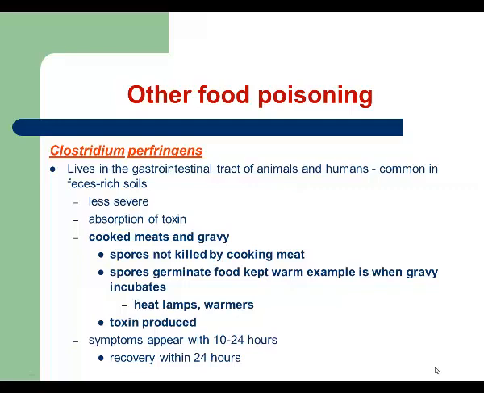Clostridium perfringens. One more Clostridium species for you. And Clostridium perfringens, this is another example of an opportunistic bacterium because it can be found in the GI tract of humans and animals. Once again, Clostridium species are gram-positive bacilli, can form endospores, anaerobes, produce toxin. The source of this infection usually is cooked meats and gravy,